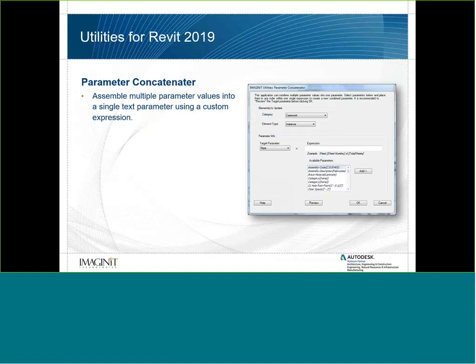So this is a tool that's very similar to that, only it's not just in schedules. Any place you have a text field, you can go into any category in Revit. An example would be maybe in a room schedule. If you wanted to put specific information into your type comments, but you wanted that information to pull parameter information from your project, you can set that up. So you might go in and set in your comments field that you're going to type in a comment of all area in this room equals, and then as you select,